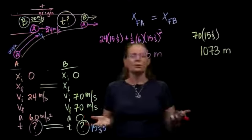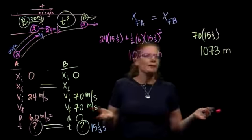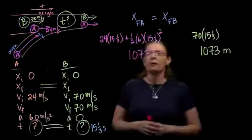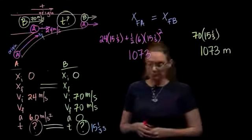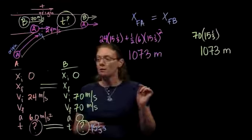And it's totally reasonable. 1,000 meters, 1 kilometer, you know, 0.6 of a mile to catch up. Definitely in the realm of reasonable. So I would say we did this one right. Everything's reasonable. We've answered the question. We're in great shape. So the last thing I want to do with this one is the graphs, the 3